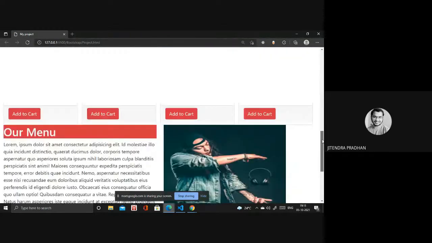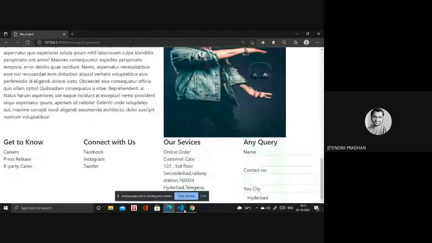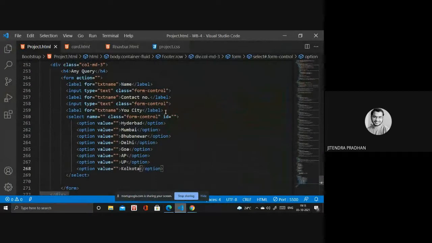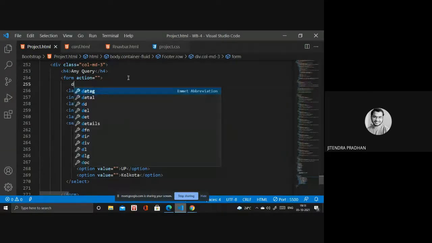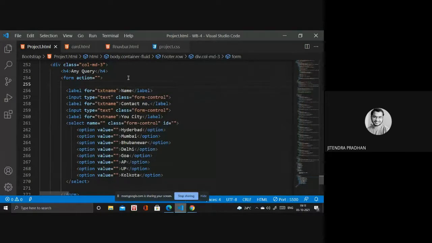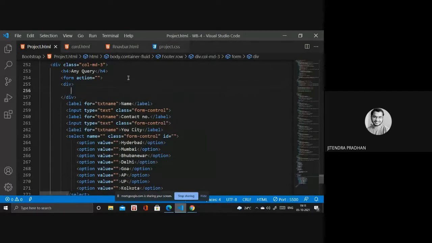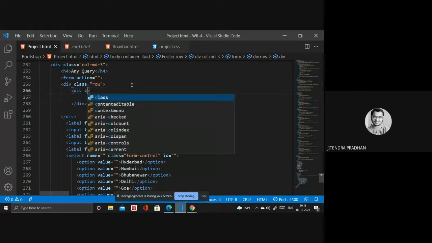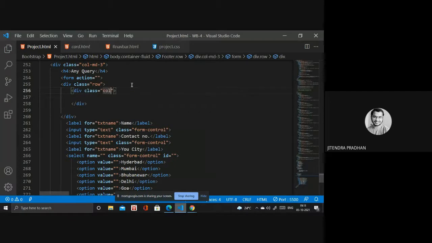It looks good now. Okay, have you observed that one? It looks good, but I need a submit button for that. If you want to divide each particular part, then you have to write a div inside. You can use div, and in the div you have to write the class row. Okay, and each row will be divided into columns. That's called MD6.